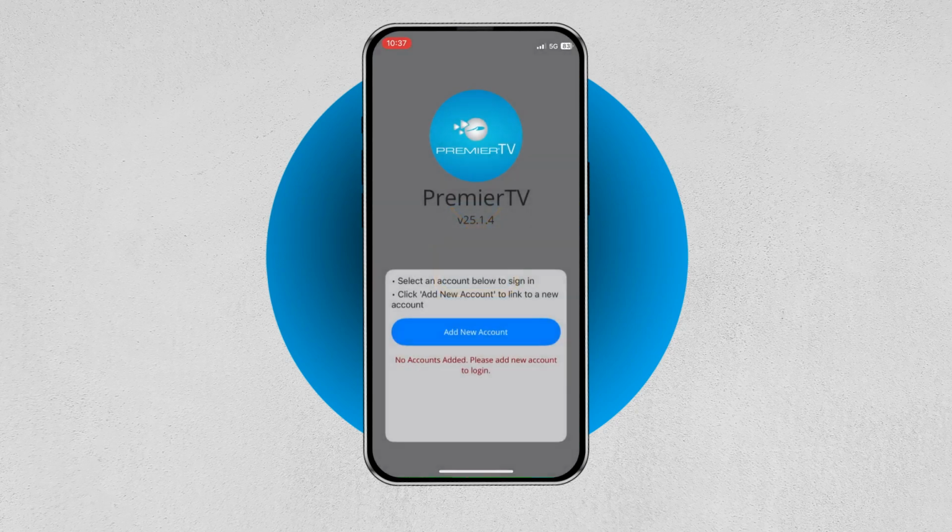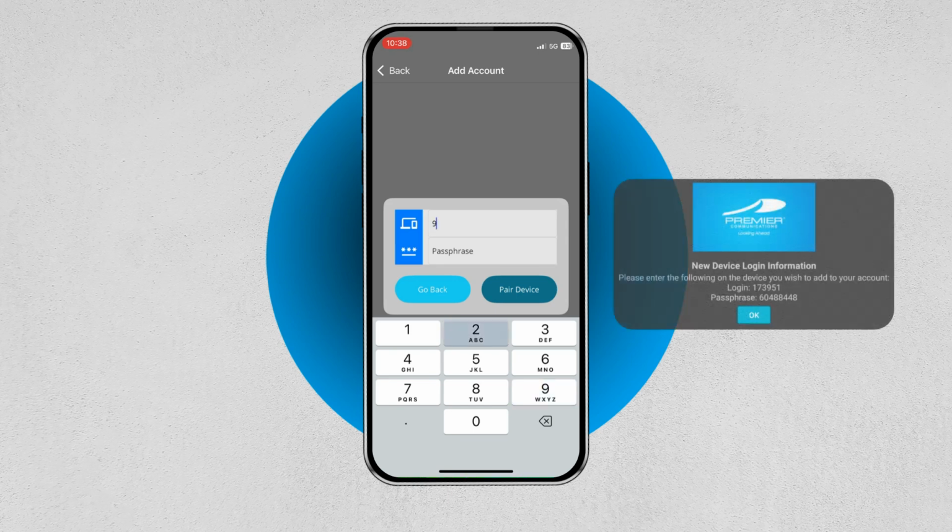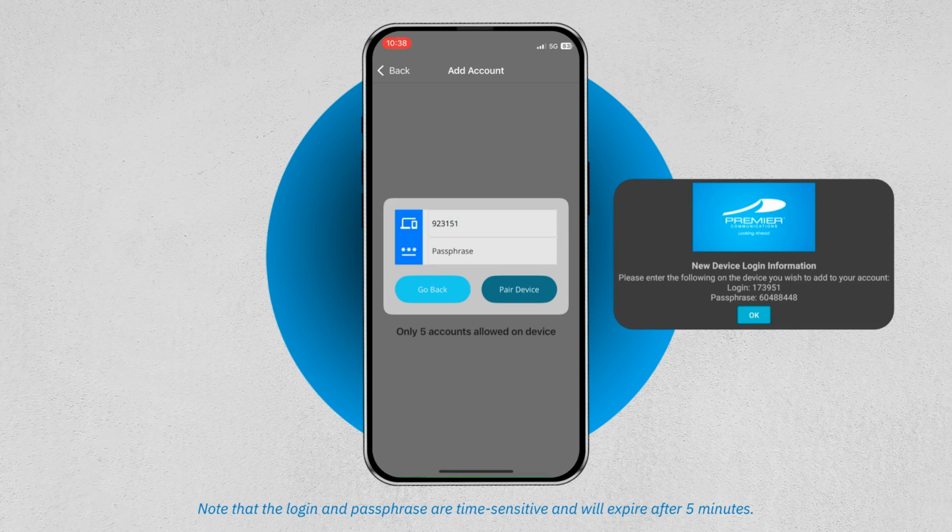Once it's installed and you open the app, choose to add a new account. You'll be prompted for the login and passphrase, which we located earlier on our other device. Enter these numbers and then pair the